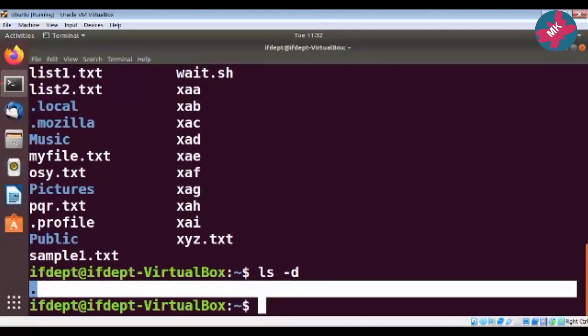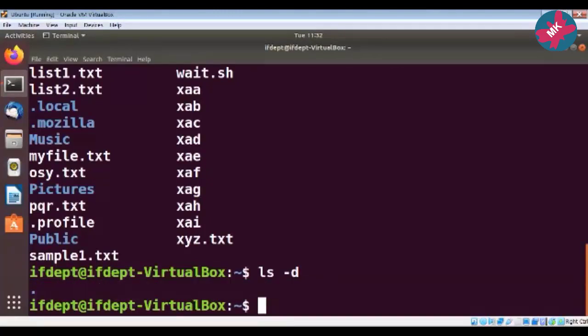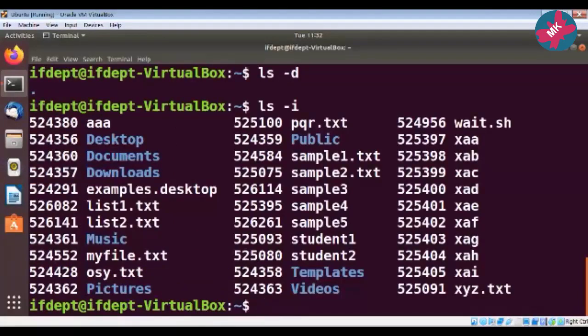Now the next option used is ls -i. Okay, let us see the output of this. Here some additional information is displayed. Other than the name of the file, some numbers are displayed. These numbers are nothing but the inode numbers.